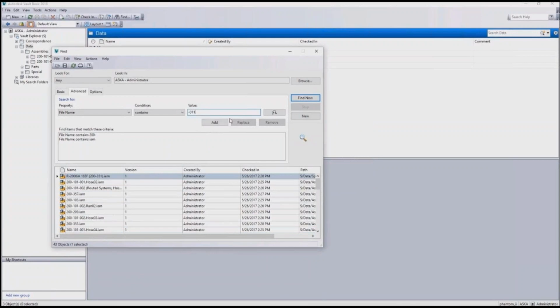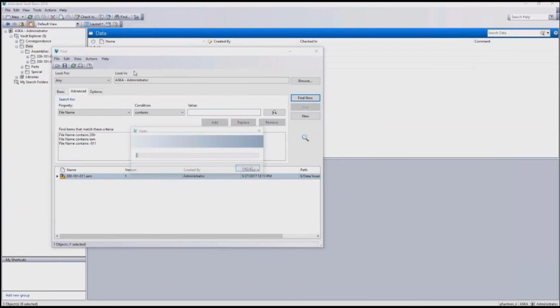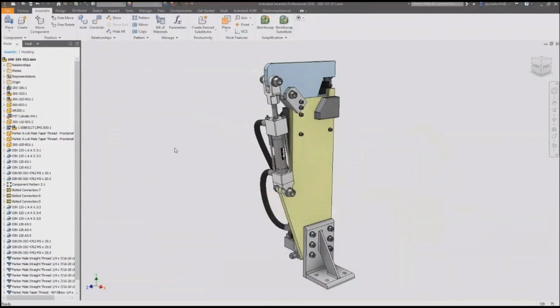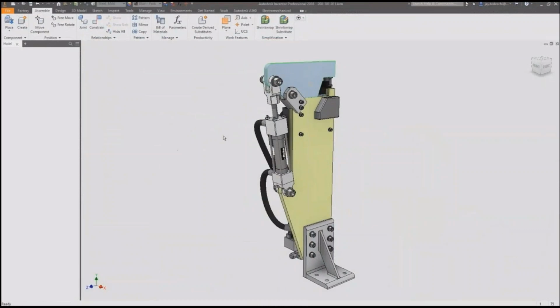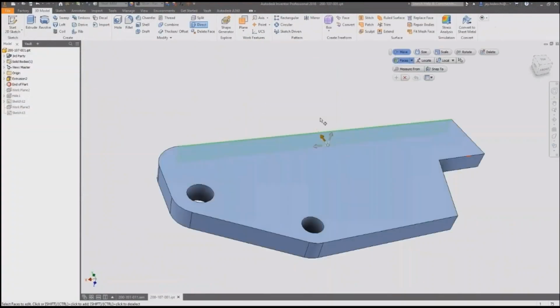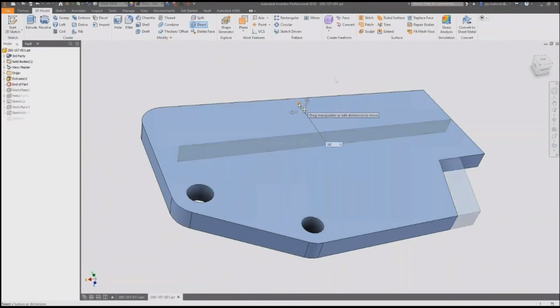Now let's open this and let's work on that thing a little bit. So I have my new copy design. This is the new part. I will simply use some direct editing tool to move that face like this, and pretty easy. I mean, even I can do it. So next thing we want to do is we want to use